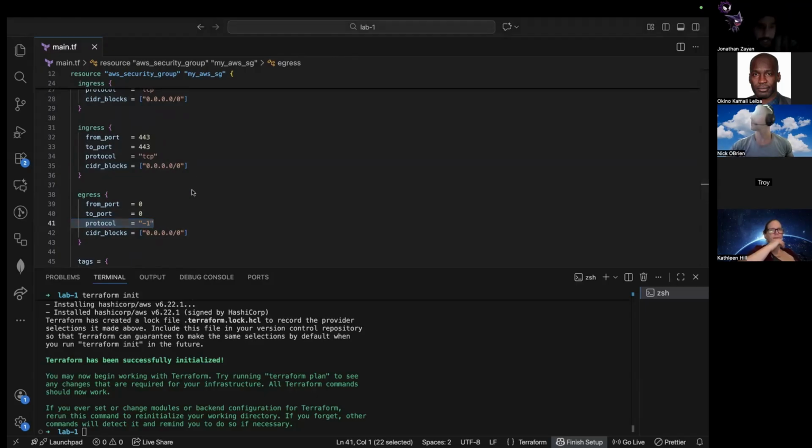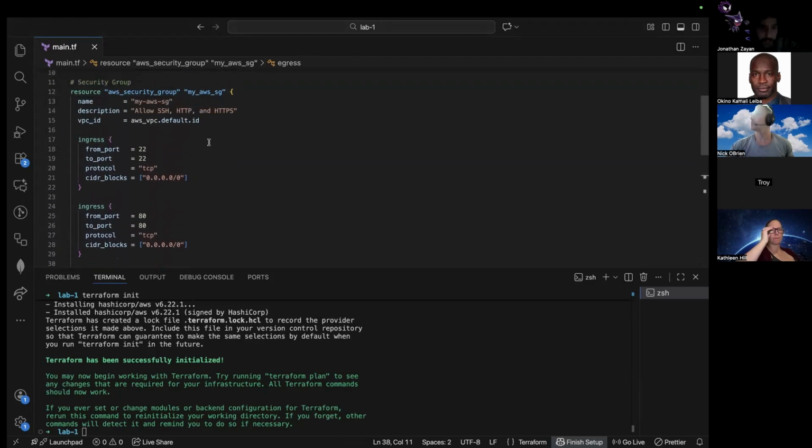And then the VPC ID line. This one is right here. That's a reference. This references a VPC that doesn't exist yet. So you'll either need to